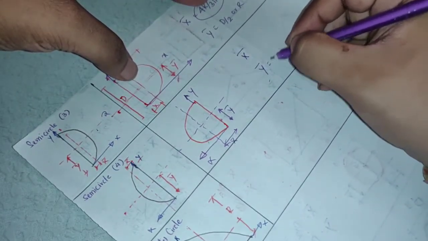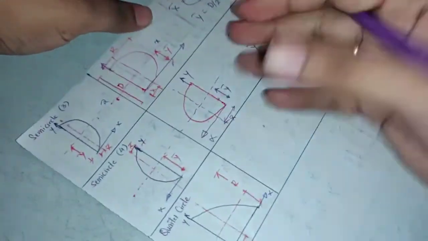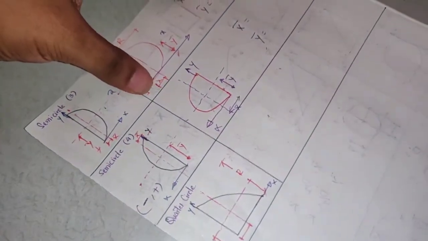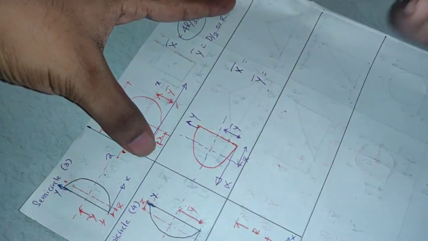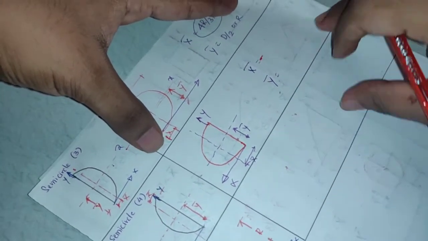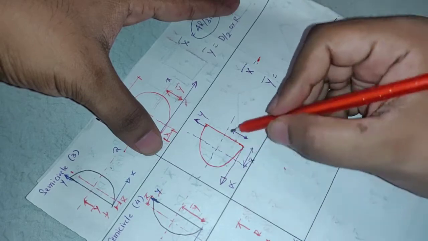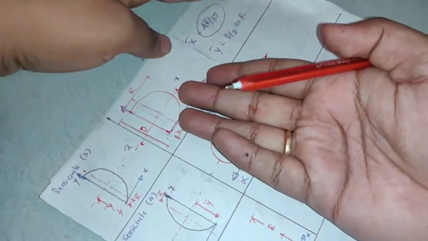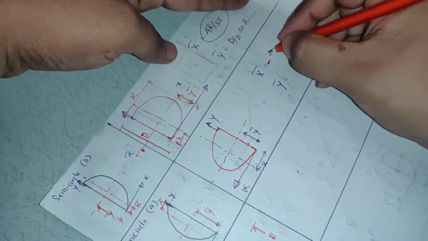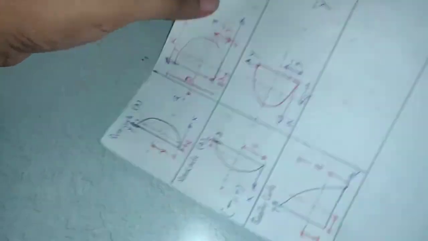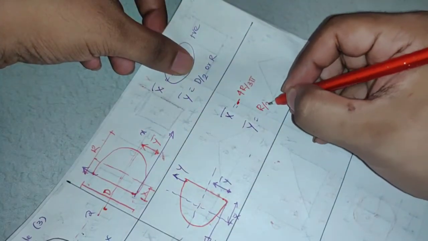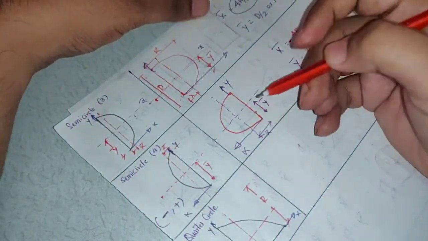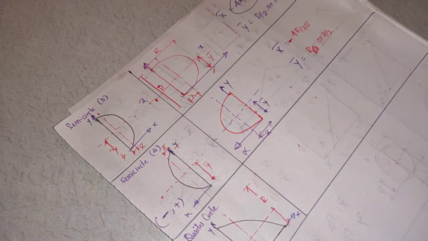Now directly tell me what is x bar and y bar. So x bar here has fallen in the second quadrant. So what is the sign in the second quadrant? It is minus and plus. So what will be the value of x bar? X bar will obviously be negative. But what is the magnitude of x bar here? Distance. It is unsymmetrical about the y axis again, so the area is not equally divided on the left hand side and right hand side. The only thing is, instead of the first quadrant, it has been placed in the second quadrant. So this will be minus 4r by 3 pi, and this is r, or d by 2. This is plus because y is positive. Hope you are clear with this now.